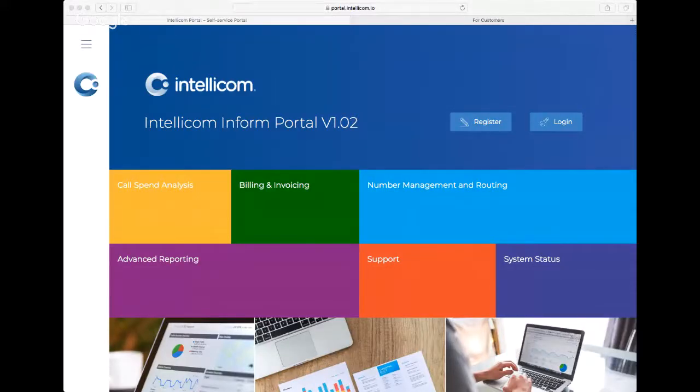In this demonstration, I'll go through the Intellicom Inform portal. This is the customer portal that gives you access to all your call analysis, billing and invoicing, and reporting information. To get to the portal, go to